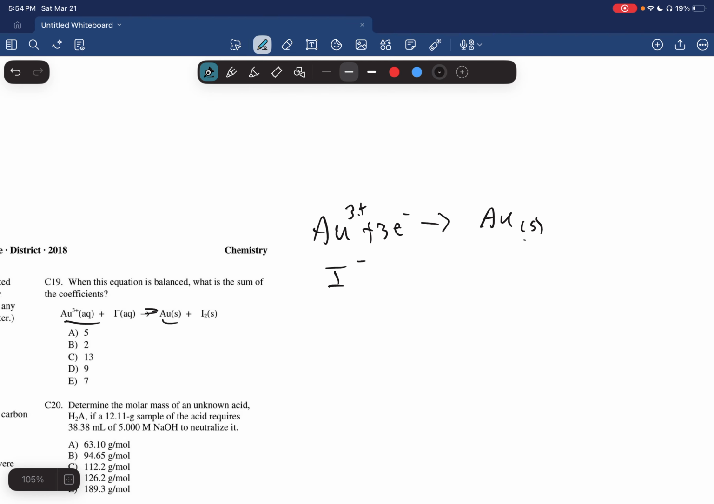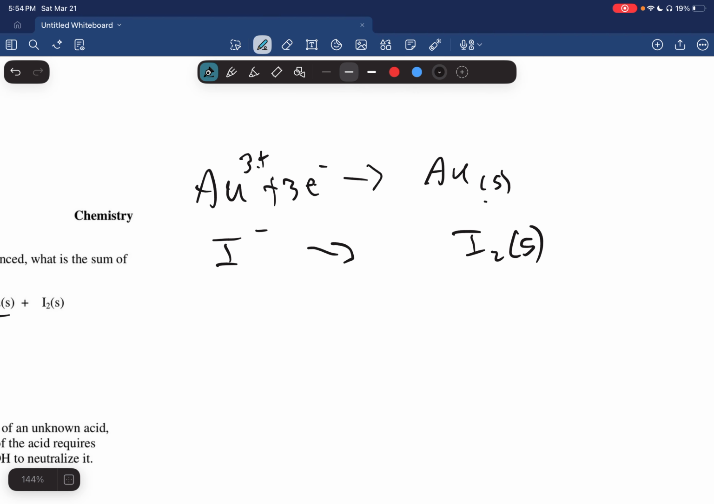And so iodide is going to become I2 solid, right? To do this, we need to add 2 electrons to the second half of our equation. And you might say, why not 1? Why is it not 1 to 1? Well, because it's I2, so it's got twice the